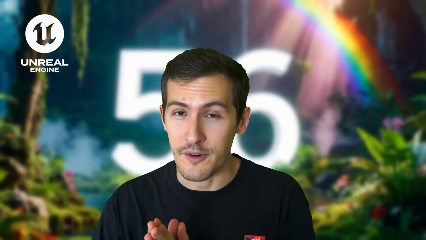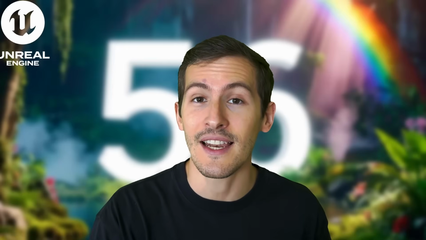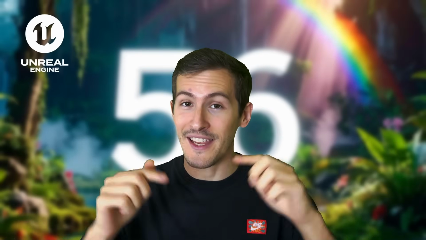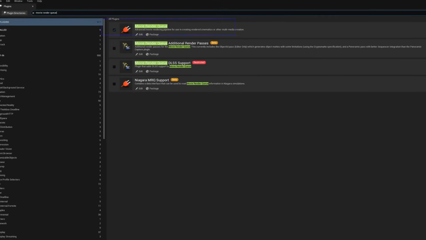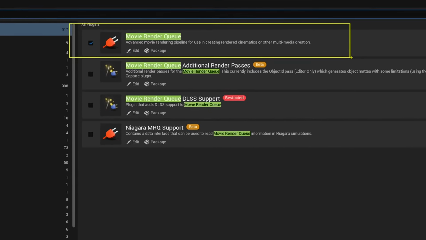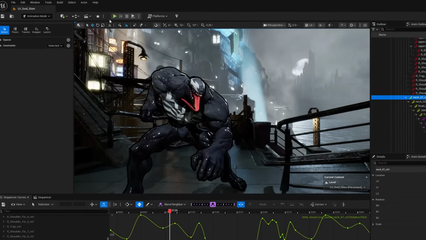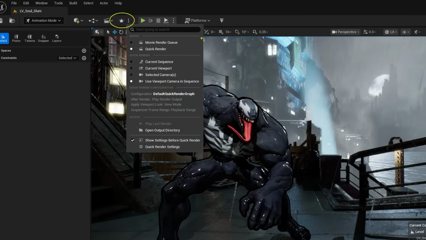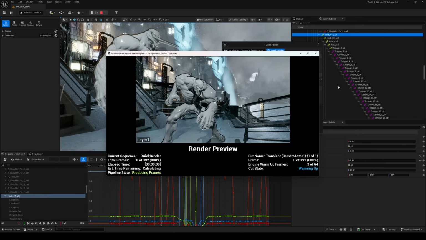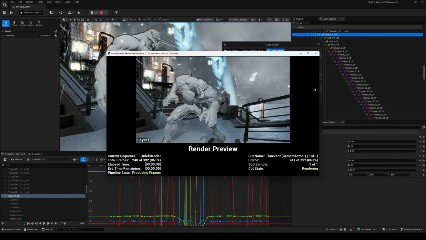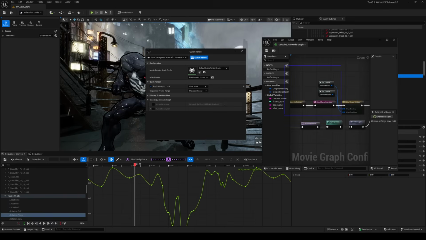One long-awaited feature, especially compared to traditional DCC like Blender or Maya, is finally here. A Playblast style render tool. By enabling the Movie Render Queue plugin, you now get access to the Quick Render feature. With just a few clicks, you can render exactly what you see in the viewports within seconds. You can also tweak key parameters and even render without needing a camera in your sequence. This is all built on the Movie Render Graph system, which of course you can fully customize to suit your